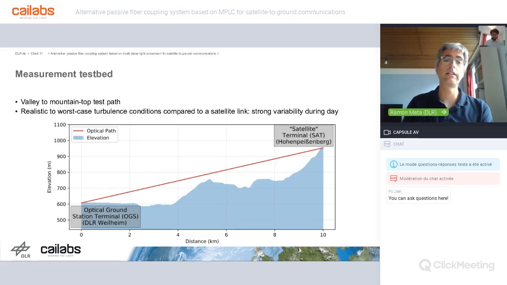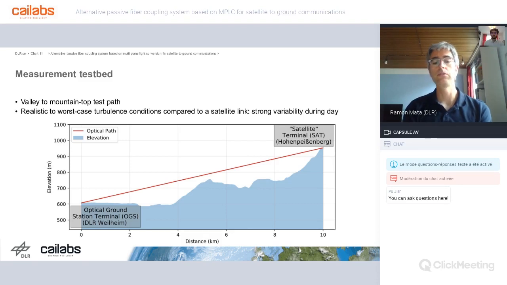The test was done in a 10.5 kilometer link between Weilheim, which is 80 kilometers from DLR, where there is also a DLR infrastructure, and the weather forecast station in Hohenpeissenberg, which is on top of a mountain. So we had a profile from the valley to the top of the mountain, but as you see, there are also some small bumps in between. So it's quite close to a low elevation angle link, a quite horizontal link. But we tried to emulate this gradient on the profile of the turbulence in such a scenario for satellite communication.